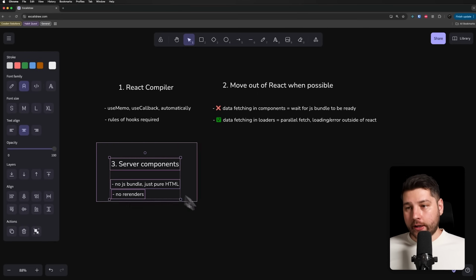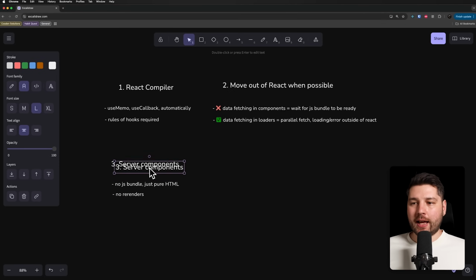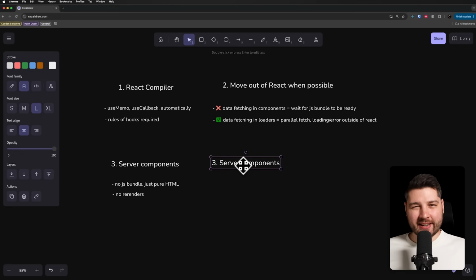But if you truly learn and take the time to adapt this new mental model, I promise you, you will see the value in server components and you will actually get performance benefits of using server components if you use them correctly in the right way and also in the places that they should be used, and leave everything else to the client. And finally, the last point that I will leave for this video, because it's getting quite long already,